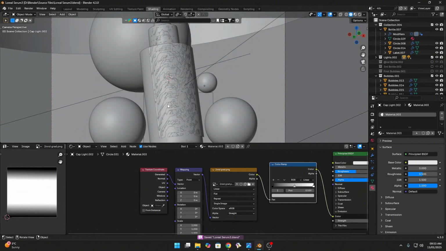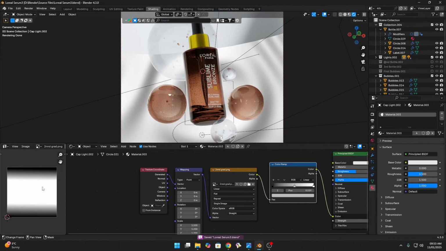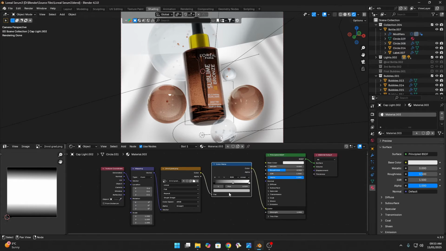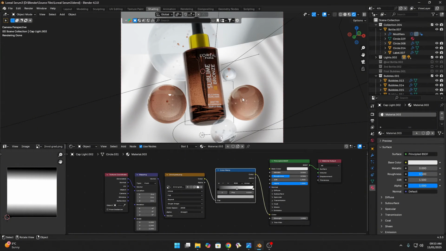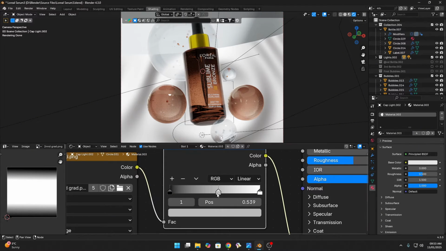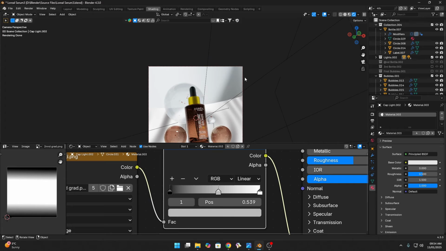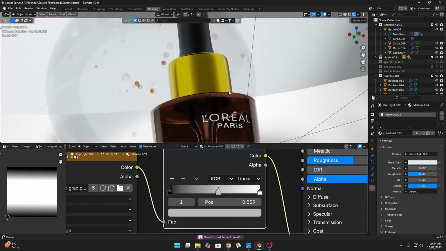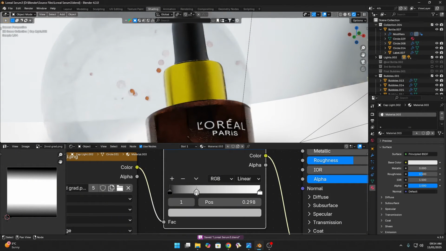Let me show you the texture in the shading tab. If I go to render preview, here's that texture. You can simply make this in any editing software, and this is my node setup. You can also follow it if you want to make a gradient texture on an object like this. This marker basically handles the gradient. The black side is sharp and the other smooth. If I move this close to black, look at this texture, it's narrow and too sharp. If I move to the white part, it's hard but also smooths out.